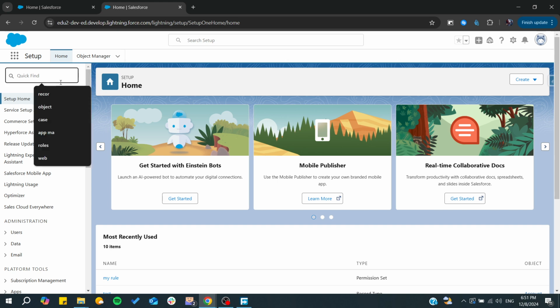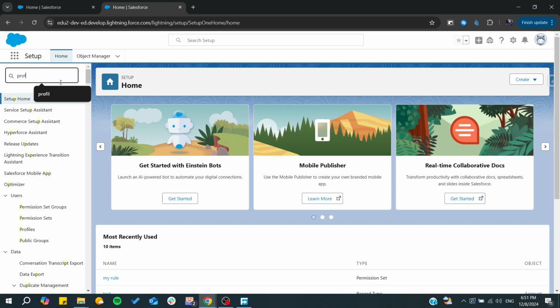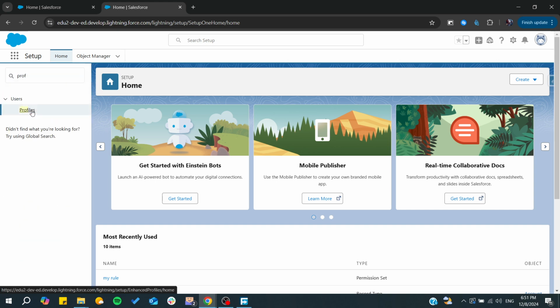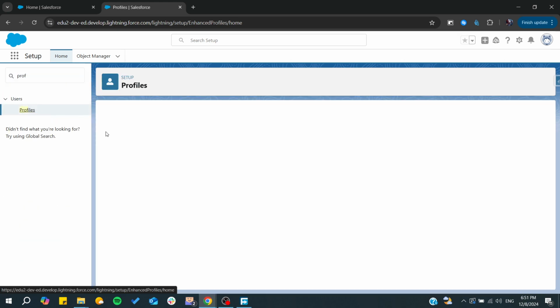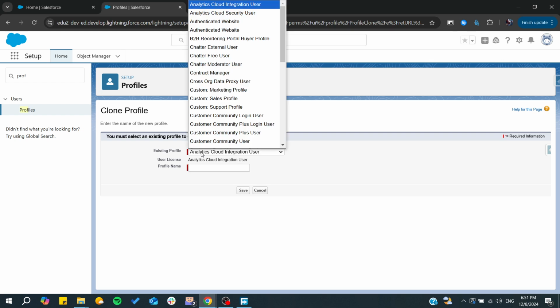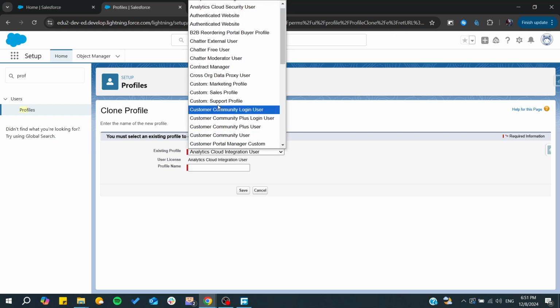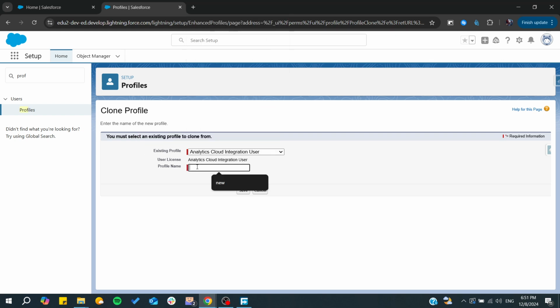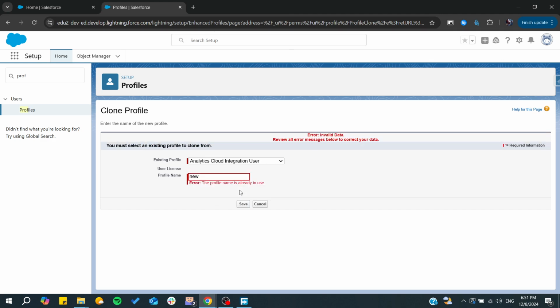So simply, I'm just going to search for Profiles, and here we will find these profiles. I'm just going to create a new one by clicking on New Profile, and then you can inherit from some existing profile and give it a name. I'm just going to click on Save,